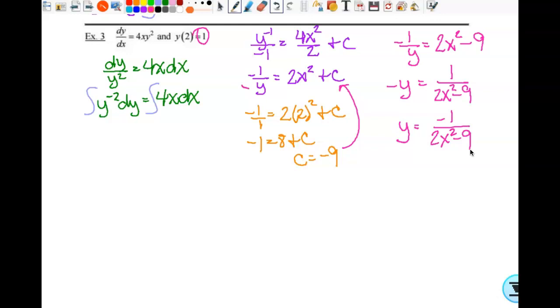Or, what do you have? That's fine. But then you still have it, okay, but here's the difference. You can't pull that out there because then that means the whole thing's negative. It would need to stay on the 2. So it's okay, but if you do that, yes. All right, are we good? Okay, so I want you